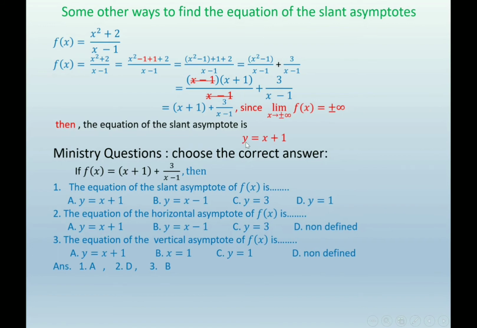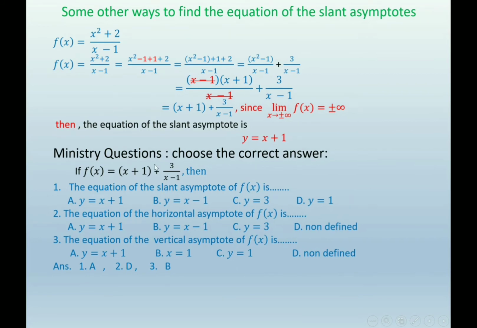So you're going to say, y equals only that part. Let's now have a question from the Ministry. Ministry questions. Choose the correct answer. If f of x equals x plus 1 plus 3 over x minus 1, the same equation that we discussed before, then the equation of the slant asymptote of f of x is... To find the slant asymptote, you are